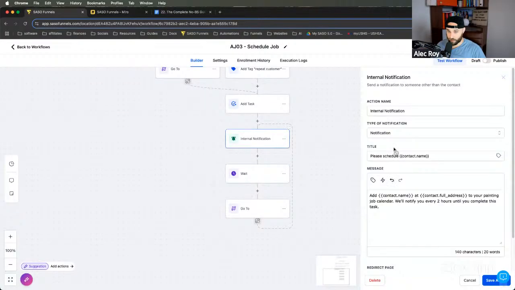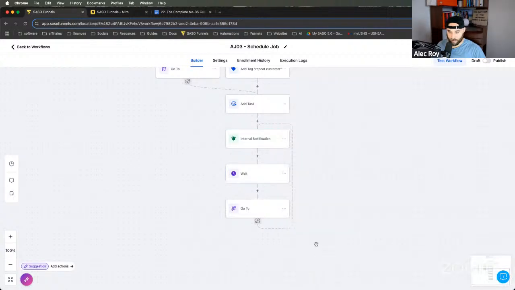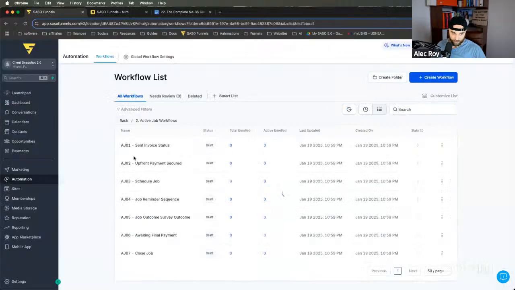I'm going to say internal notification, add this contact at this address to your painting job calendar. We're going to notify you every 2 hours until you do it. It's like telling you every 2 minutes to brush your teeth until you do it. Wait 2 hours, go to, and then it just cycles through. So the question is, how do I remove them? Simple. Once they actually have the job scheduled,